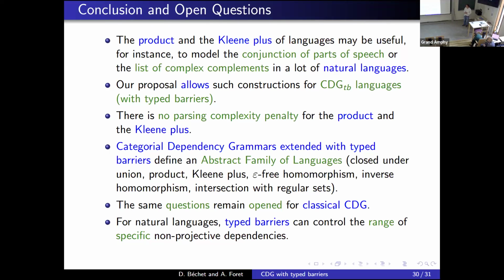The same question remains open for classical CDG. And I wanted to show you that it's possible to use this typed barrier also for natural languages, to control the range of specific non-predictive dependencies. Thank you very much.